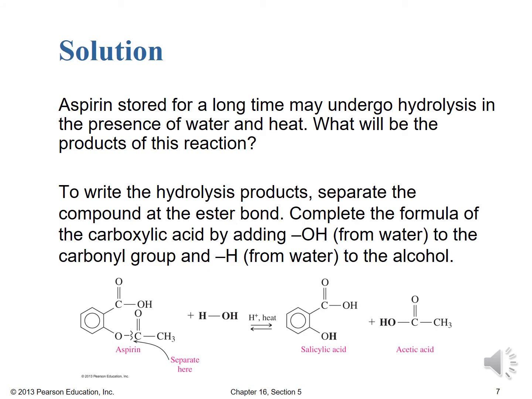Okay, so there we have it. We would break it there at the ester functional group. We wouldn't touch the phenyl ring, the benzene ring. We wouldn't do anything to that carboxylic acid. We would just break the aspirin ester linkage there and put the H from the water onto that O that we broke the CO bond, and then put the OH onto the C of that carbonyl. So there we have now in acid hydrolysis of this particular ester, acetylsalicylic acid, or aspirin as it's more commonly known, we generate salicylic acid plus acetic acid.